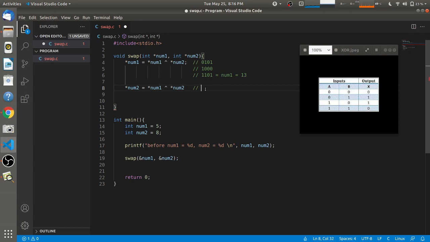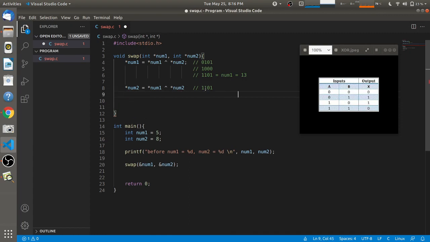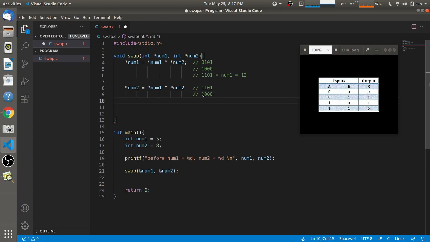So the value of num1 is 1101, and the value of num2 is 1000, as it is not modified in the function. On these two numbers we have to do the XOR operation.